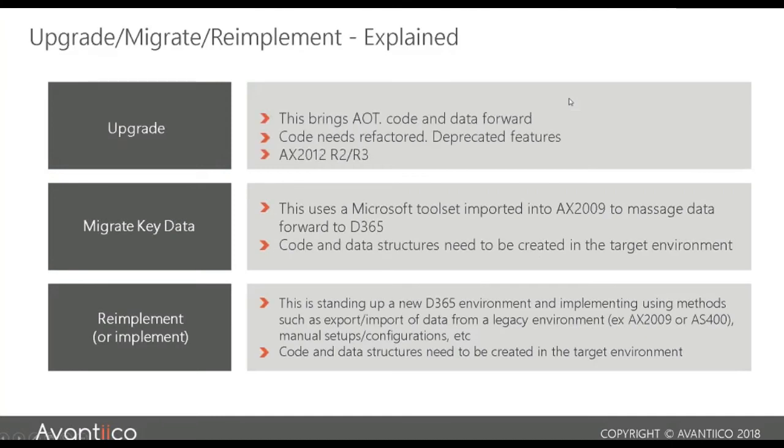Today we're going to talk about your options for getting to 365, at a very high level, three options. One is what's called the classic upgrade, where you take all of your code, all of your customizations and your entire transaction history and move it. Just like going from AX 2009 to 2012, you do a full upgrade. You want to keep your entire history, maybe for auditing, maybe because you need that information. If you're on an earlier version such as 2009, there are tools available to migrate key data, and we'll talk briefly about that.